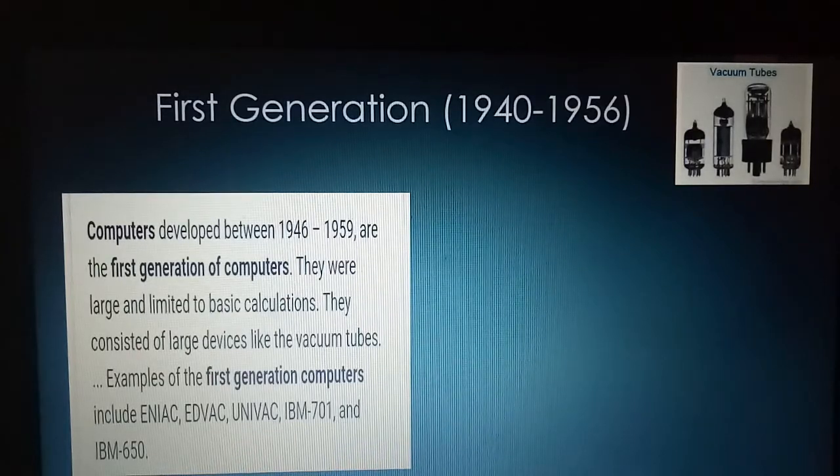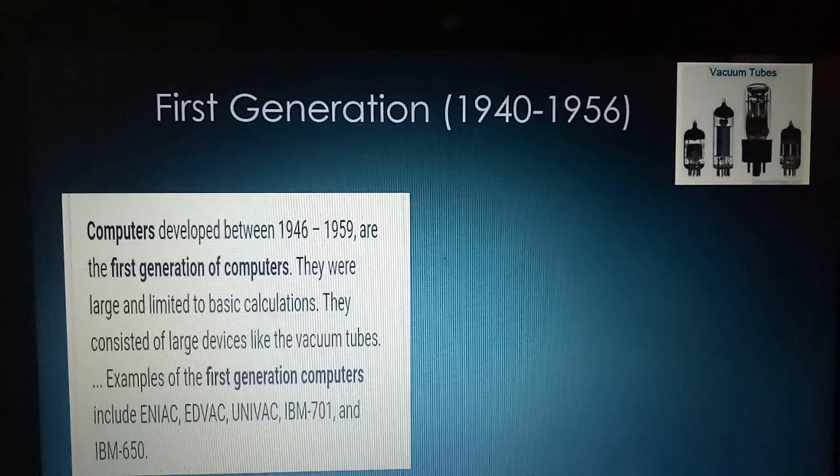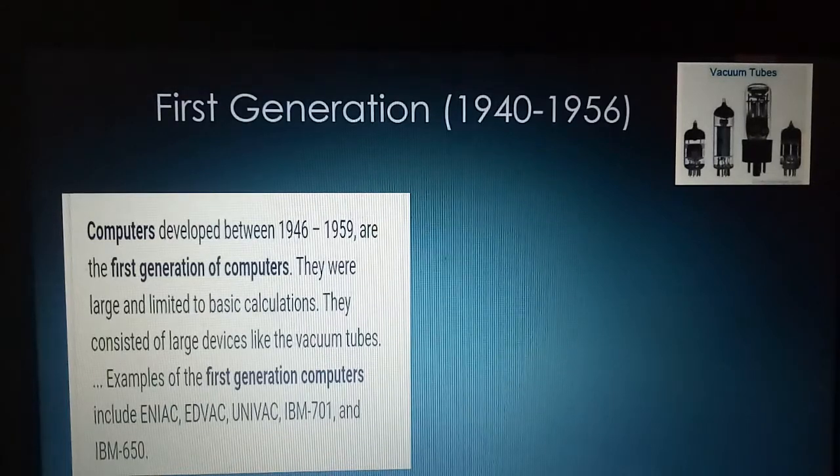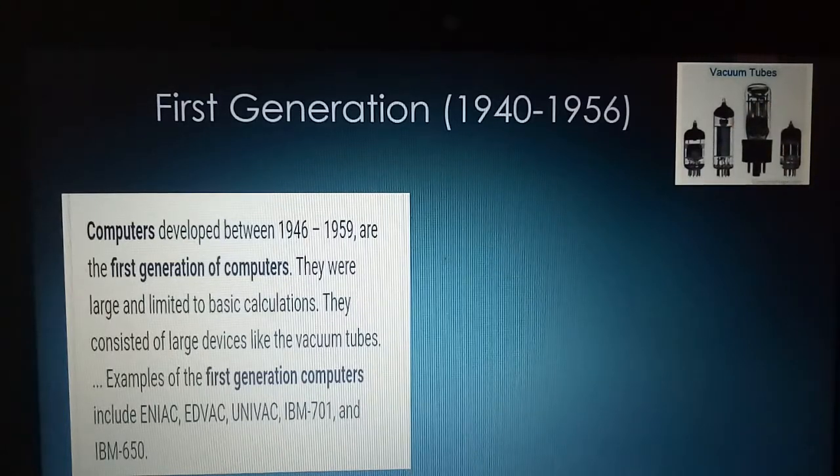ENIAC, by John Presper Eckert and John Mauchly, they used 17,468 vacuum tubes. These are vacuum tubes. In earlier days, in televisions and radios, they used to have vacuum tubes. So these are vacuum tubes. You can see over here, the pictures have been given. So now,